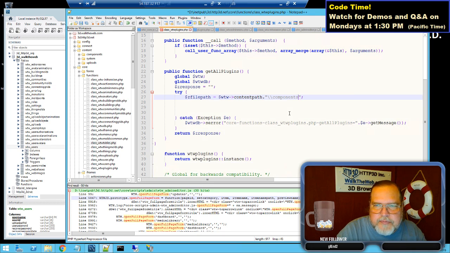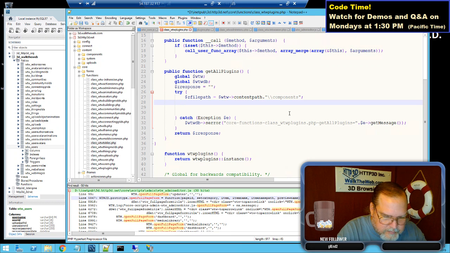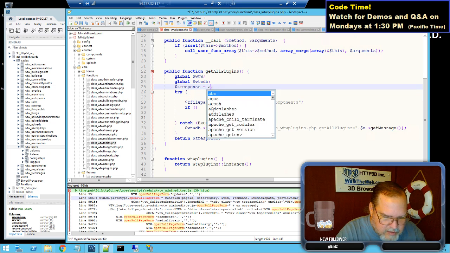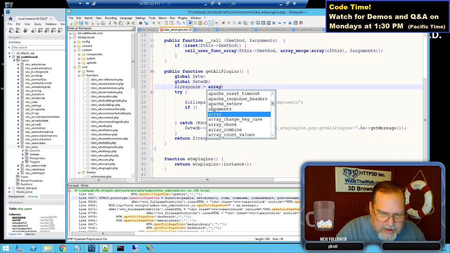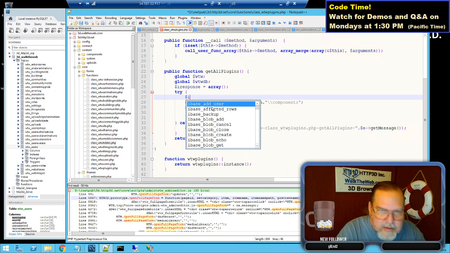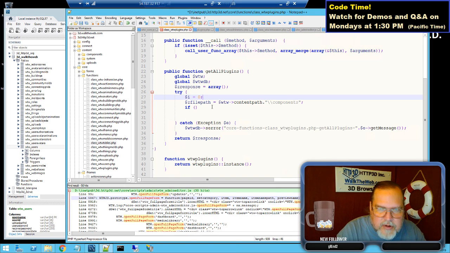So if this file exists, okay, we're going to create, actually the rate, this is going to be an array value. %i equals 0, and if